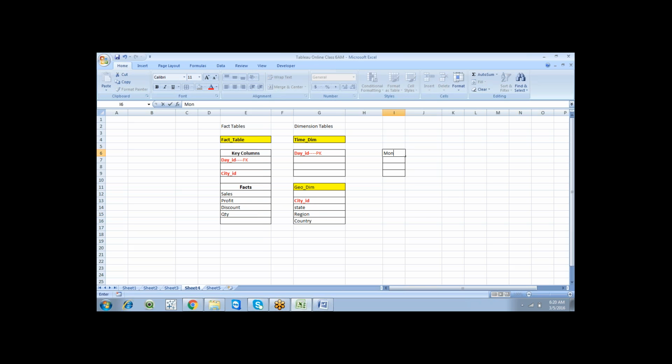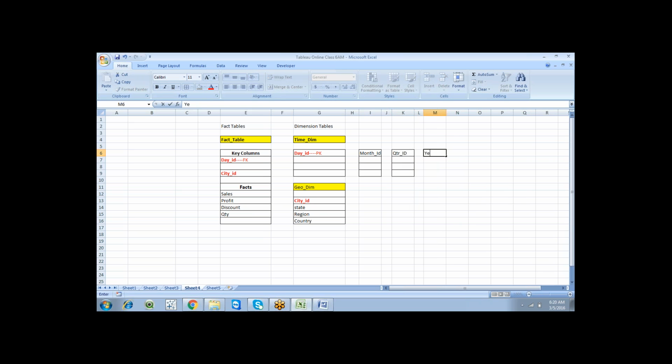I have month ID, and I can go with another table, quarter ID. So this is another table, quarter ID, and I have one more table called year ID.